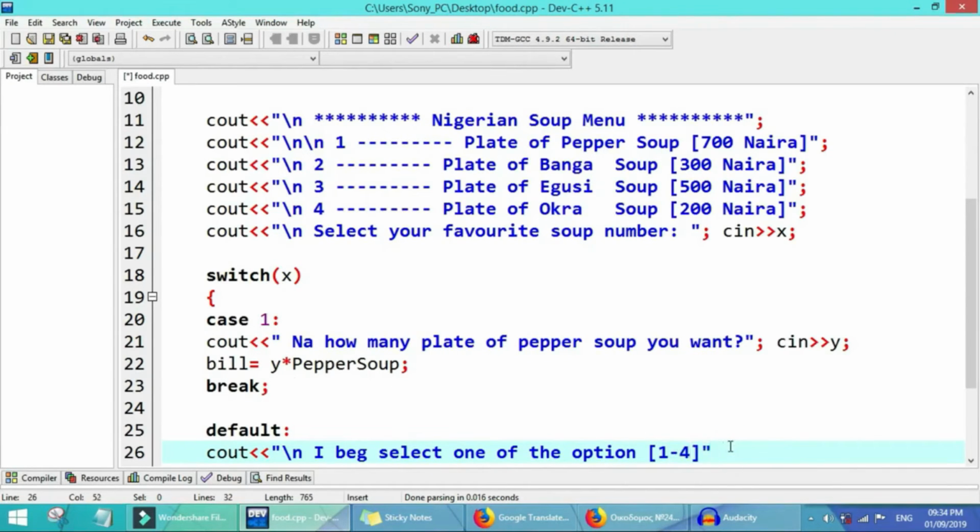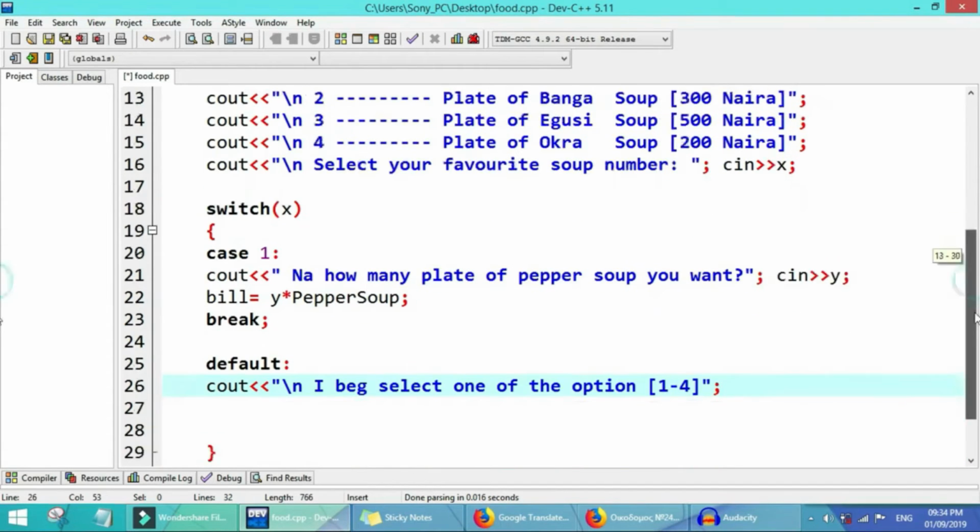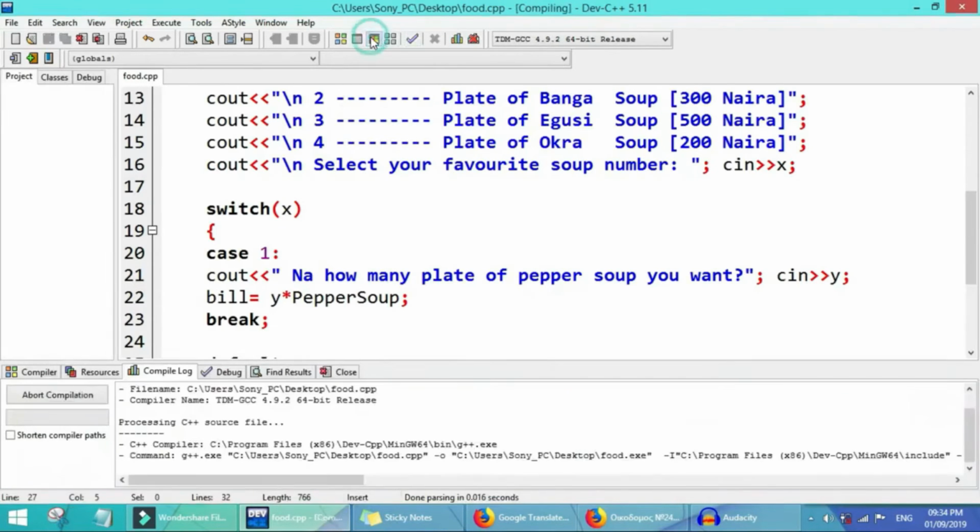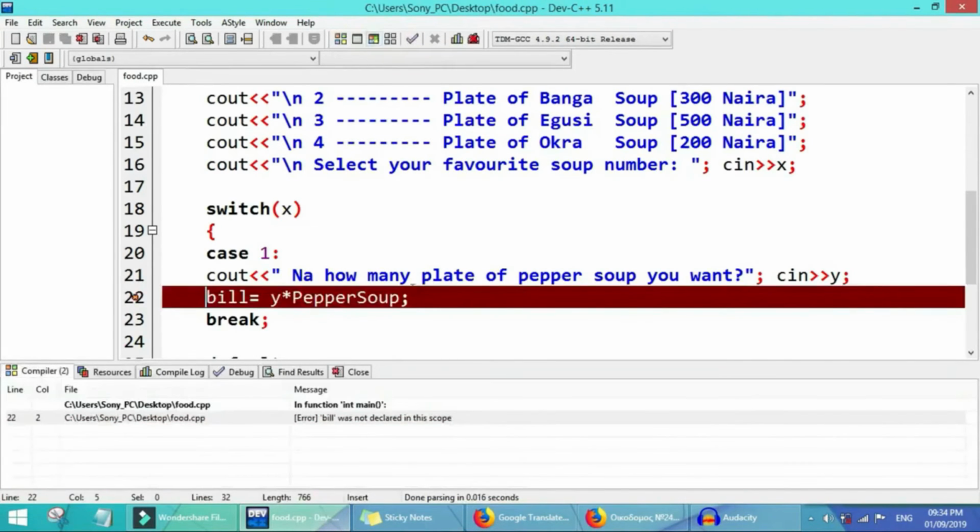Let me run it and see what the default does before we continue, and see if there is any mistake.